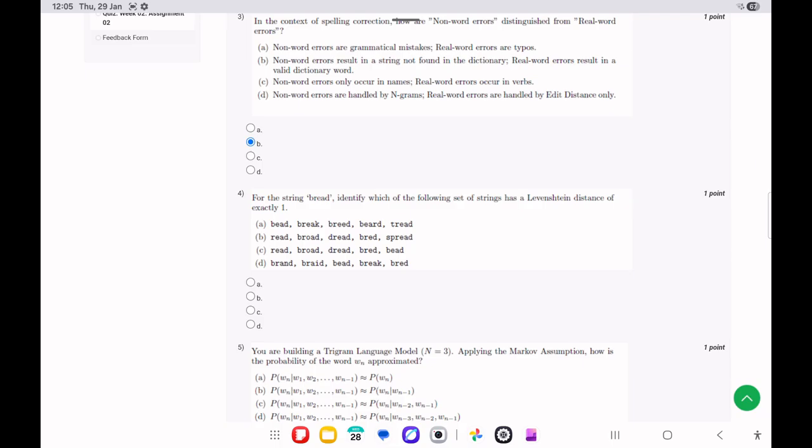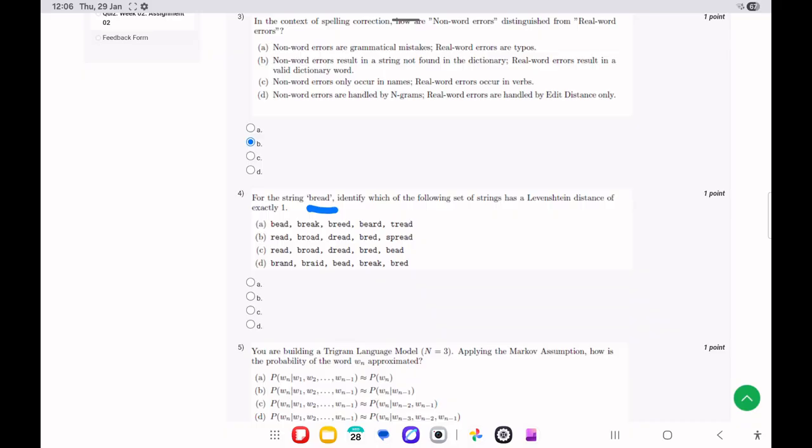Once again they have given a string here. Identify the following set of strings as a Levenshtein distance of exactly 1. Levenshtein distance or minimum edit distance, that is, 3 things you have to consider. The distance should be exactly equal to 1. Insertion, deletion and substitution. If you are checking option C, the first one,